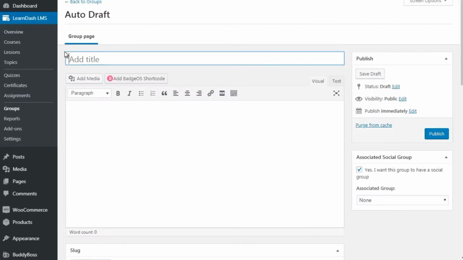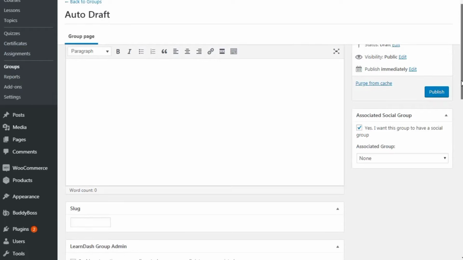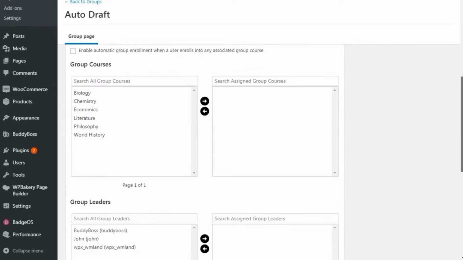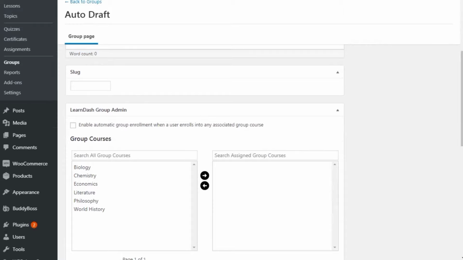And then next, what you want to do is go to groups. You want to create a new group, name the group here, add a description, and then you simply scroll down and you can assign the admin. It says enable. If you enable this, it automatically enrolls the group when a user enrolls into a course. So you can say anybody who takes a specific course will be automatically added to this group. Now, when you create a group, you can automatically install,